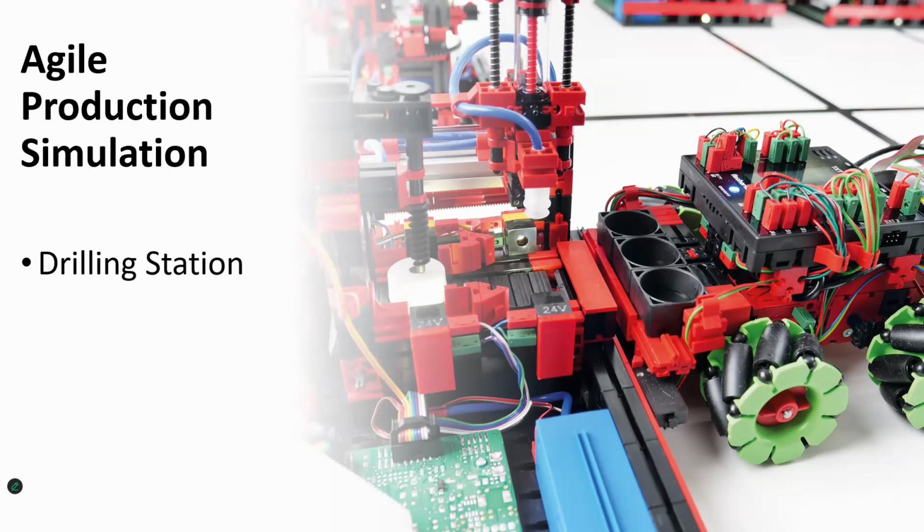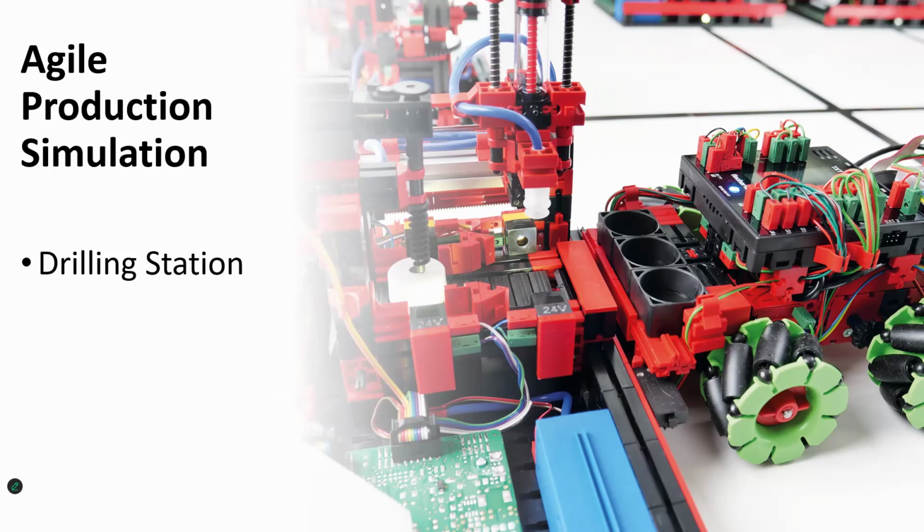This again has a docking station. As you see right now, the APS, which is the vehicle with the wheels, or the AGV, excuse me, the automated guided vehicle, docks at this workstation, right next to the little conveyor. A vacuum gripper here will take the workpiece, pull it off of the AGV, and put it onto the conveyor belt, where it is transported under a drilling head. Essentially, the simulated drilling process will occur,